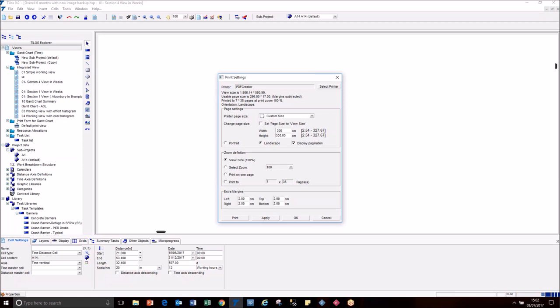The width is 300, and this one is 100. So that's going to print on 21 pages wide by 3 pages deep. I think that's the other way around, because we've got that on landscape. So that's going to print on 7 by 7 bits of paper, and so then you say print on 1 bit of paper. So it's all reduced